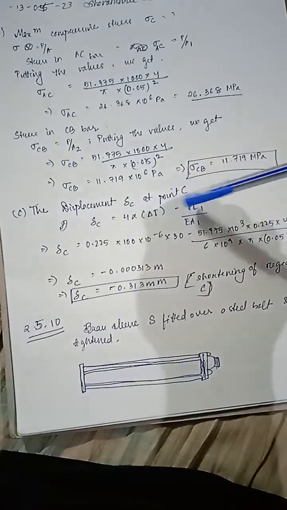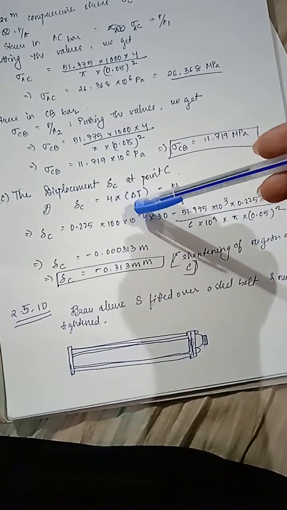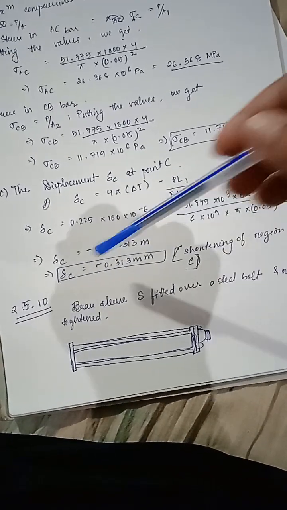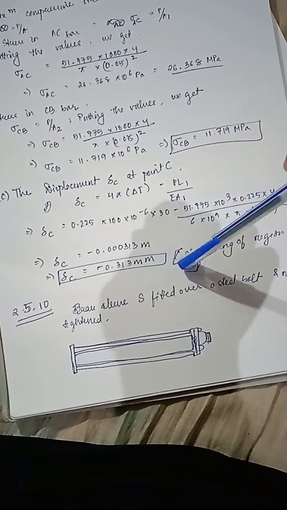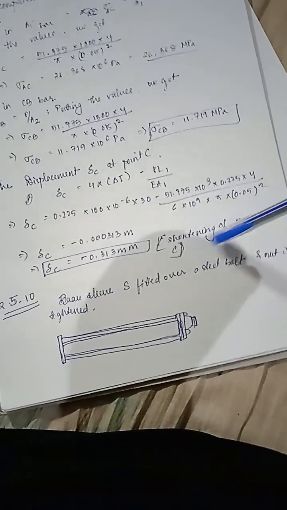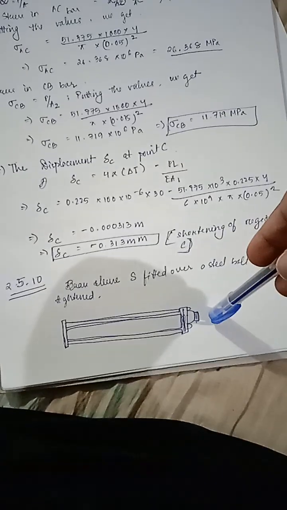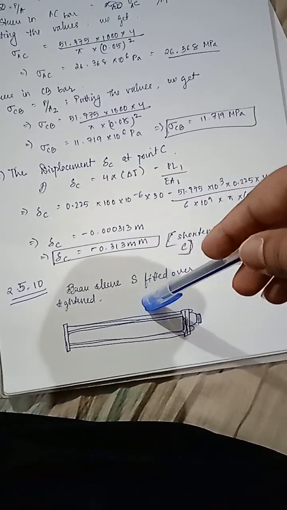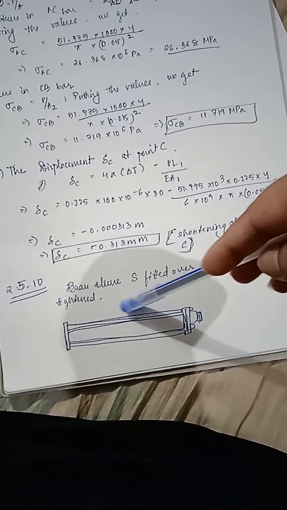So the displacement delta C at point C is delta C is equal to 4 into alpha delta T minus PL1 by EA1, and putting the values we get delta C is equal to minus 0.31 mm, which means shortening of region at C. Now coming to the next problem 2.5.10, there is a brass sleeve S fitted over a